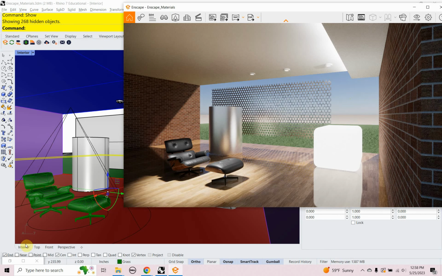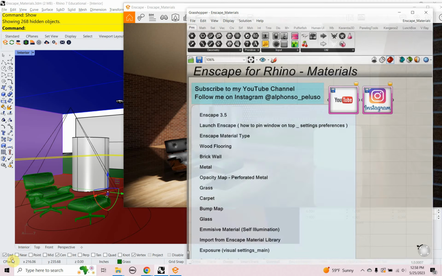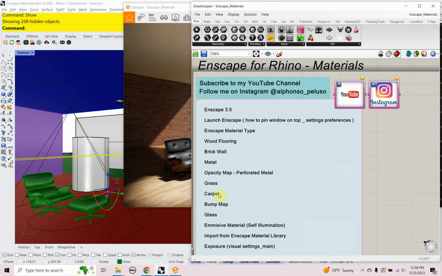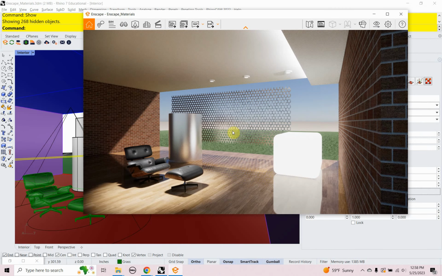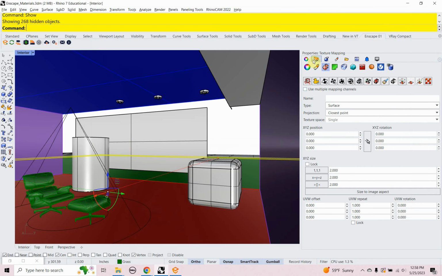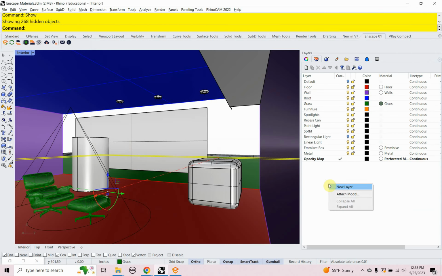Okay, what is next? Next is carpet. So grass and carpet, a little bit similar, but a little bit different. So let's look at carpet. So we're going to go ahead and make an area rug underneath our Eames chair and our Eames ottoman there. So I'm going to make a new layer, and I'm going to call this new layer area rug,